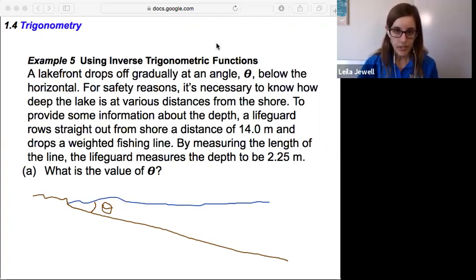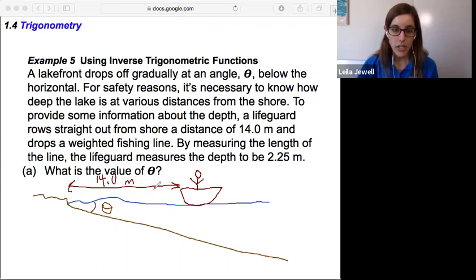All right, so now that we have that, it says that the lifeguard rows straight out from shore at a distance of 14 meters. So we could put a little boat here with a lifeguard. And we know the lifeguard has rowed out from shore this distance of 14 meters. So I have to ask, is it going to be labeling the lower, the brown side, or the top side? Well, it's what the lifeguard measures. The lifeguard isn't walking along the bottom of the lake, so it's just this distance that is top side. That will be my 14.0